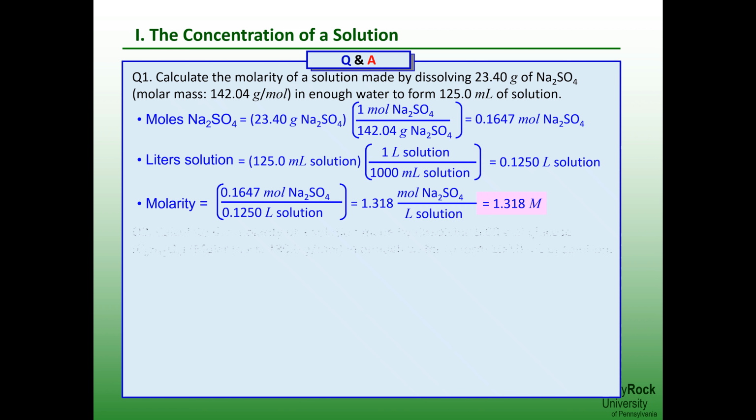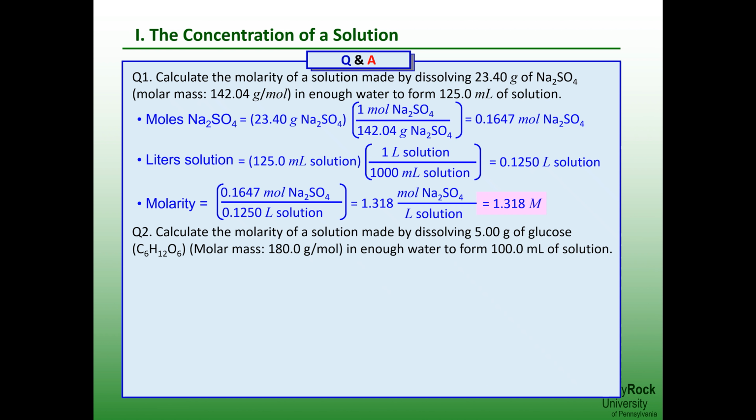Now, let's look at question 2. This time, we are calculating the molarity of a glucose solution. We dissolve 5.00 grams of glucose in enough water to form 100.0 milliliters of solution. Pause the video and follow the same steps that were used in question 1. Again, the first step is to convert grams to moles. The molar mass of glucose is 180.0 grams per mole. Multiplying by a conversion factor, 1 mole over 180.0 grams, gives us